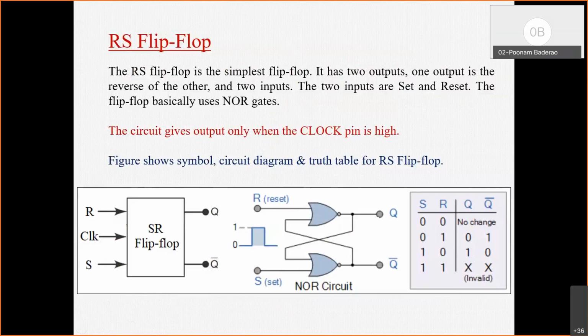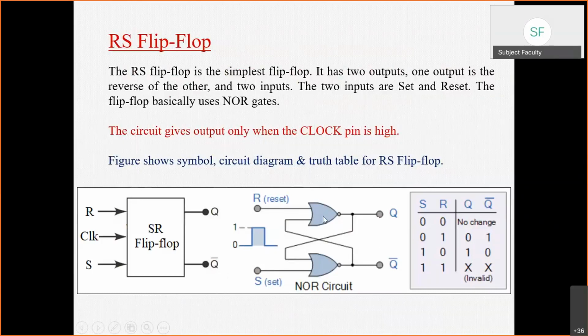If any one of the inputs is 0, then the output is 0. It is for the NOR gate. Okay. Anyone else? The output will be at one state only when all the inputs are at logic 0. Yes. Otherwise, the output will be 0. Yes. Very good.